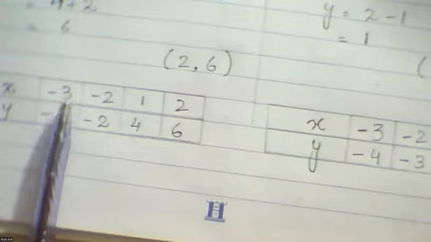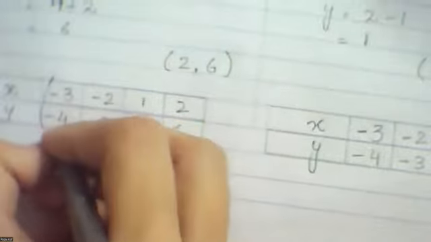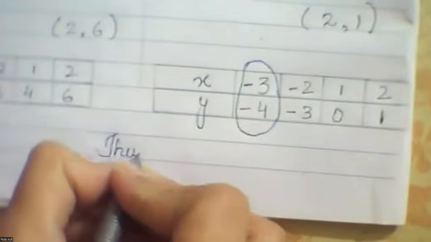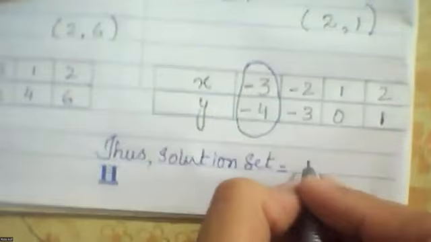In both the tables, when we put the value of x minus 3, we get the value of y minus 4, right? Our solution set is